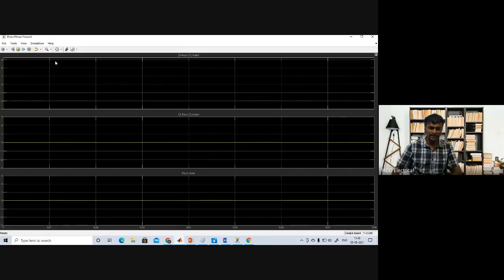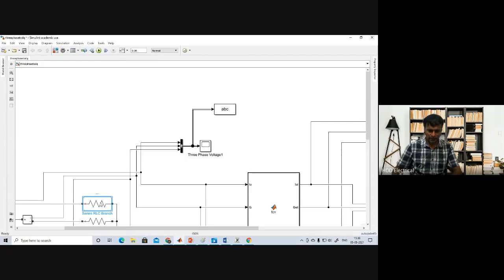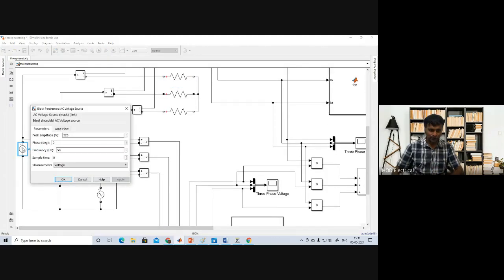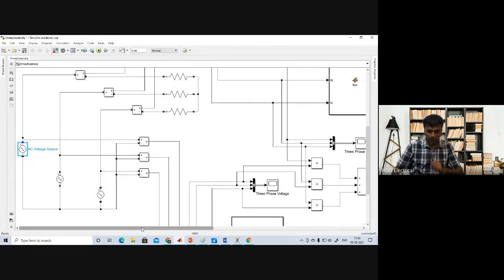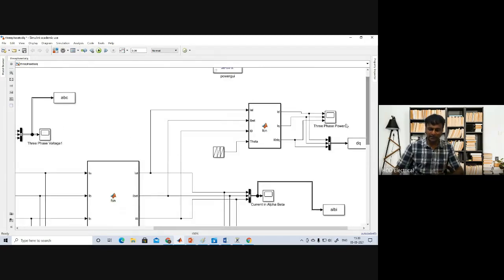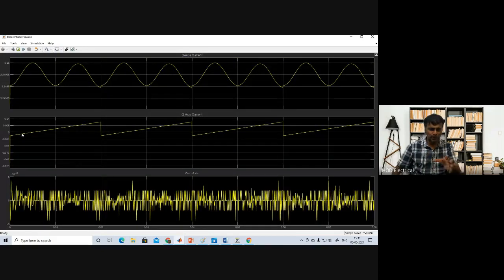Id is maximum. Here you are using a resistance of, I think, something like 100 ohm. So the input voltage you have given is 325 peak value per phase, divided by the resistance, you will get approximately a current of 3 amps. So we are getting this current here. If you zoom in, you will get like this. Though it is not a sine wave, it is a maximum of 3.3. Current is always 3.3 on the d axis.